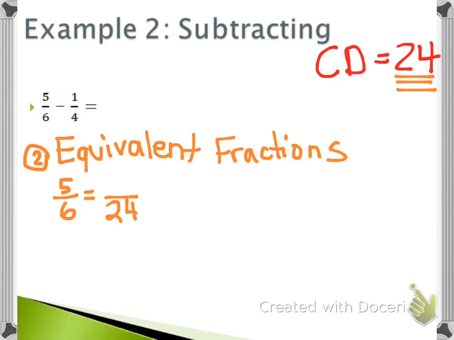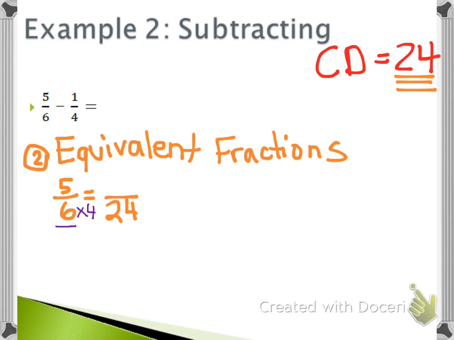So we need to ask ourselves the same question as we did before when we were finding equivalent fractions, and that is, what did I have to do to this denominator of 6 in order to get the common denominator of 24? Well, I know that 6 times 4